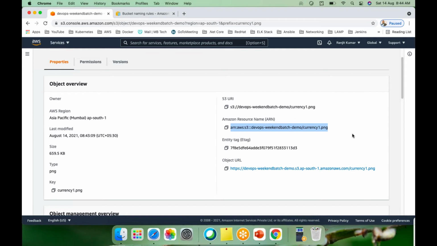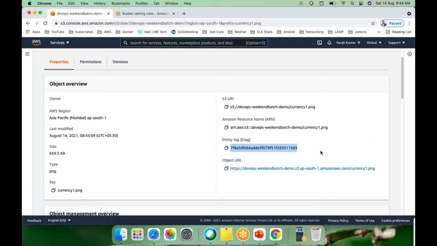Here is the object overview, and here is information which is very important for you to understand. See, it says S3 URI, the Amazon Resource Name, the tag, and the object URL.